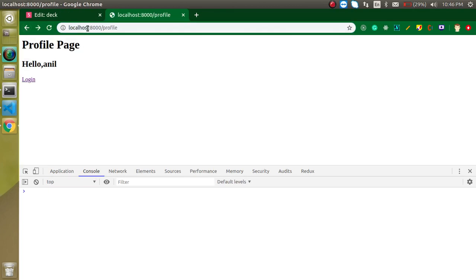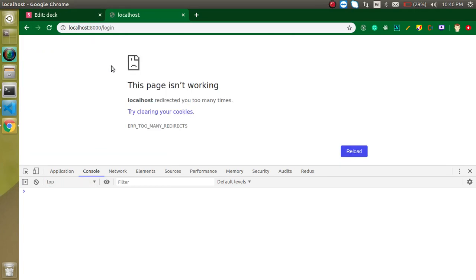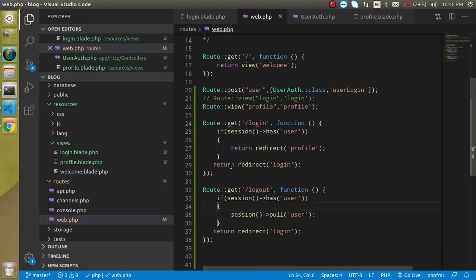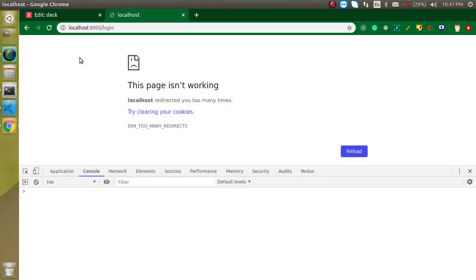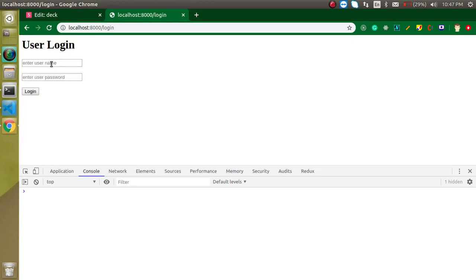let's refresh. Now you can see that if I just click on logout, then I am on the, just give me a moment, I just need to return view, right? Not redirect. So that's working fine. Let's see all cases again. Anil and some password like 12345.